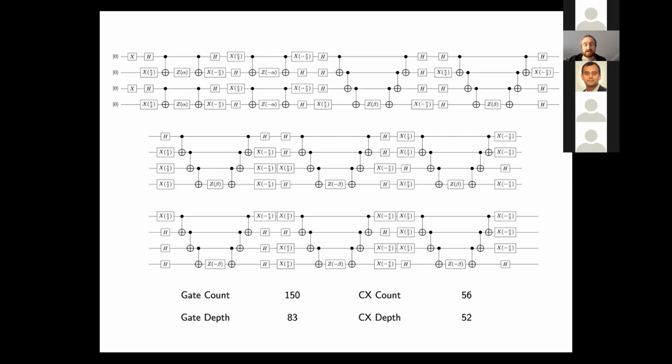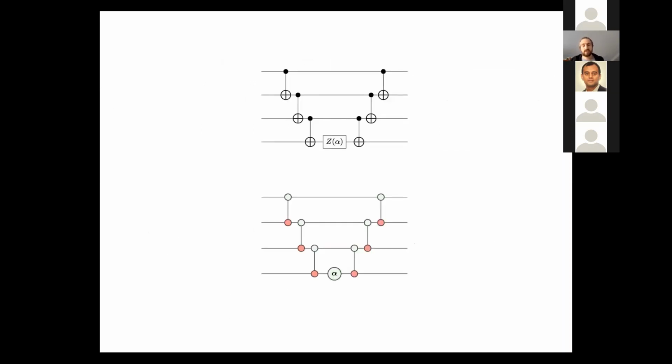And if you look at this, you will see that there is a very obvious repeating structure. And we can recognize the structure and use that to simplify the circuit. I'm going to take a little detour through ZX calculus to give an idea of why that would be interesting. So here is the repeating element. And if I just translate that, I get the equivalent thing below, which is just different notation for the same thing.